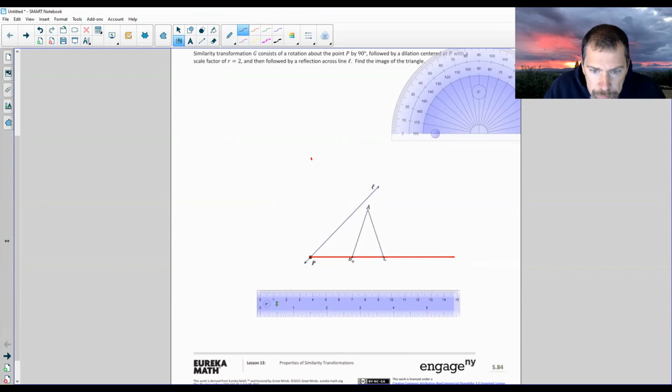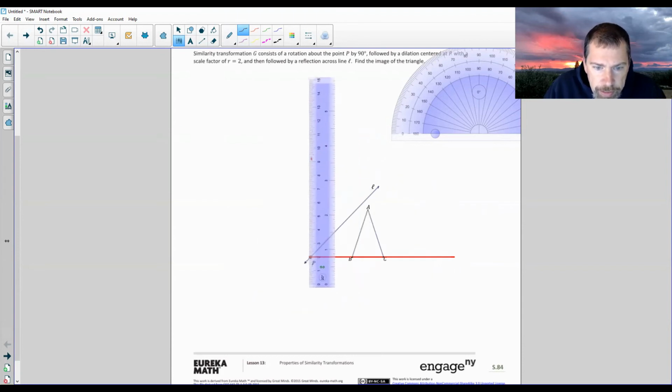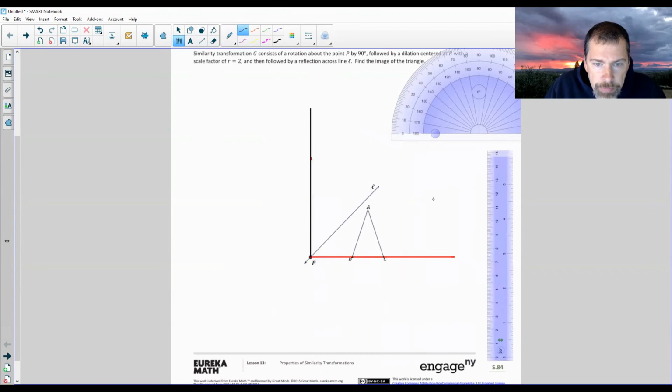There's B and there's C. Rotate my ruler and then line up point P with that point I just created, right there at 90 degrees. So this is a right angle. So B will be somewhere on this line, and so will C, because they're both on that horizontal of the